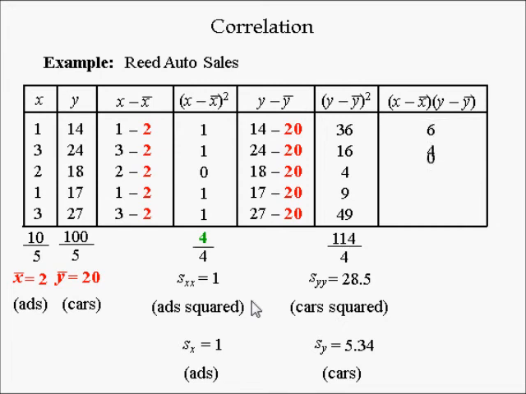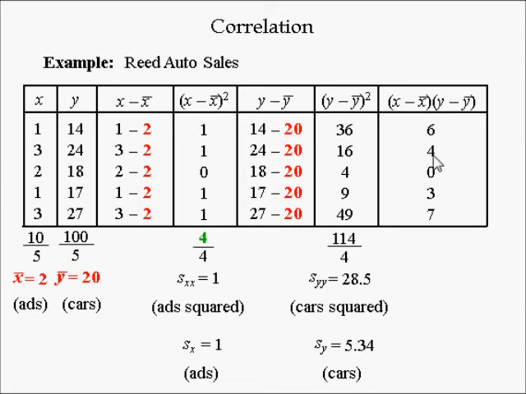The products of deviations from the sample means are computed by multiplying the values of the x minus x bar column by the corresponding values in the y minus y bar column. The product of x's first deviation from the sample mean, minus 1 ad, and y's first deviation from the mean, minus 6 cars, equals 6 ad cars. The negative times the negative is positive, which is why this is 6. The product of x's second deviation from the mean, 1 ad, and y's second deviation from the mean, 4 cars,